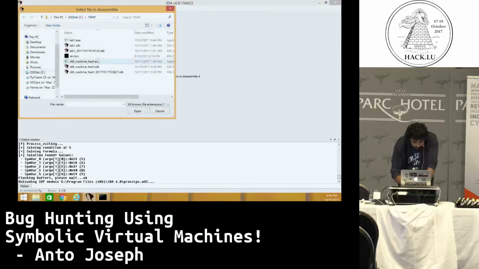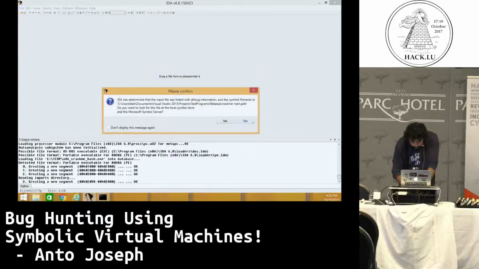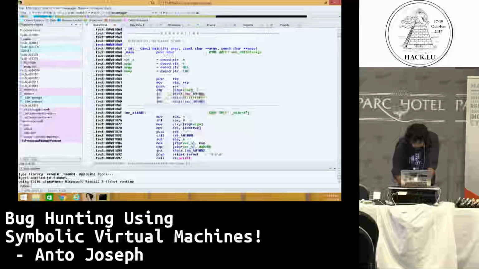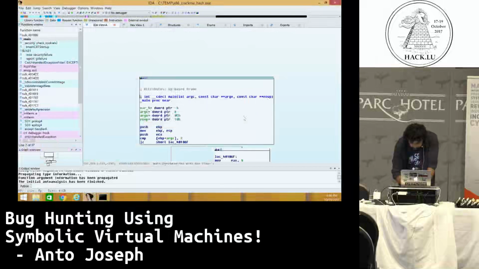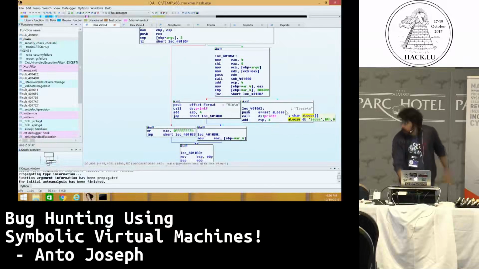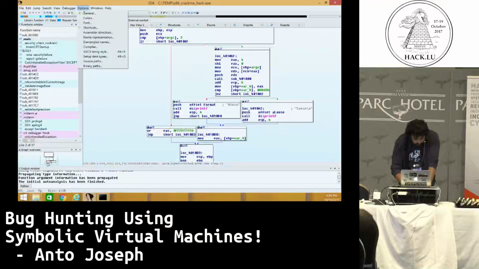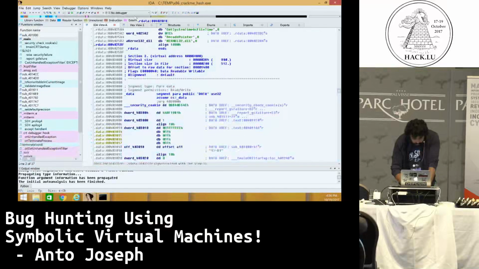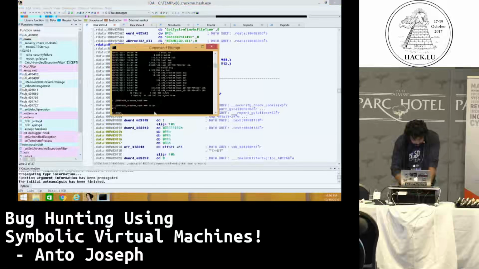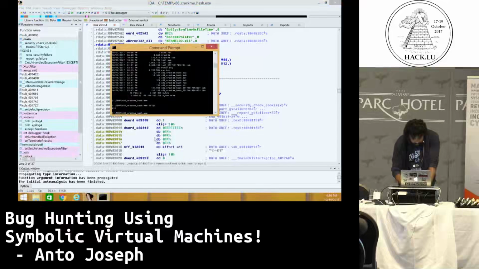Okay, so I'll open a crackme file, which is an exe file, Windows one, and it passes everything for me. And this is how the function looks right now. So you lose or you win. So I just need to be at the win condition. So what do I do about it? Let's, first of all, try to run the binary with some arguments. So this is how the binary looks like. You basically give it something, and it just prints lose.